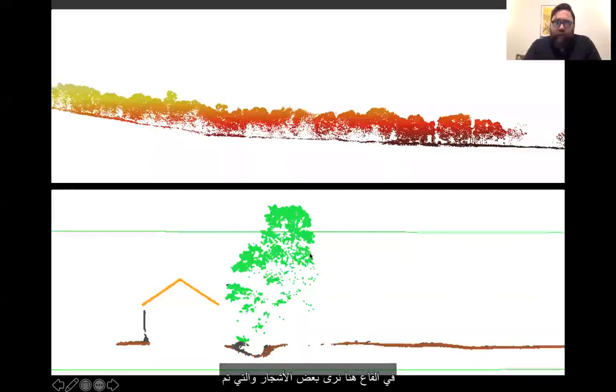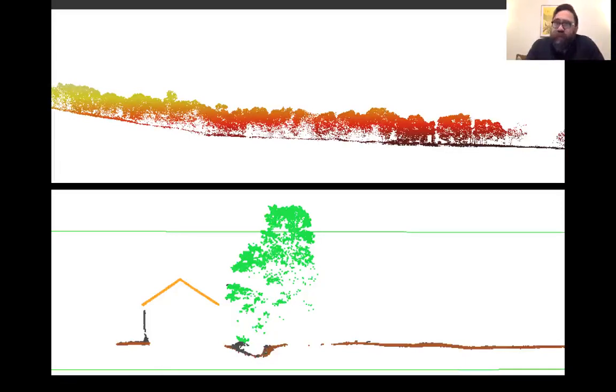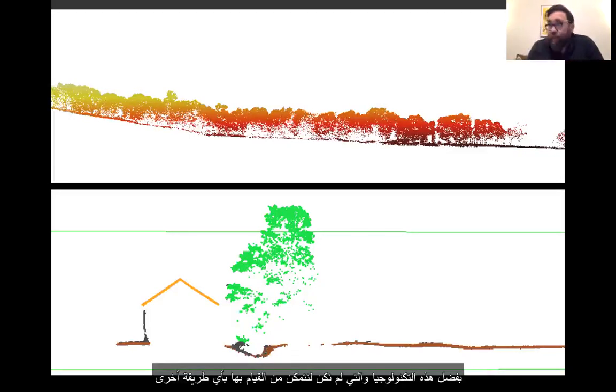Oops. At the bottom here, we see a bunch of trees. They've been color-coded green. The ground has been color-coded brown. Buildings are color-coded as orange. And we can see this man-made channel underneath this tree that, if I was just taking a photograph straight down, you would not be able to see. So we can record these kinds of human-made features with this technology that we wouldn't be able to do any